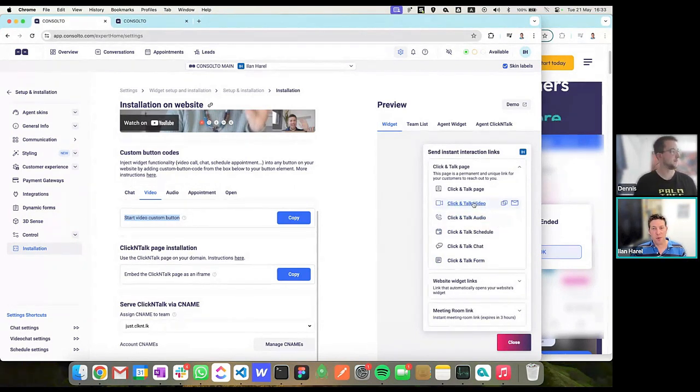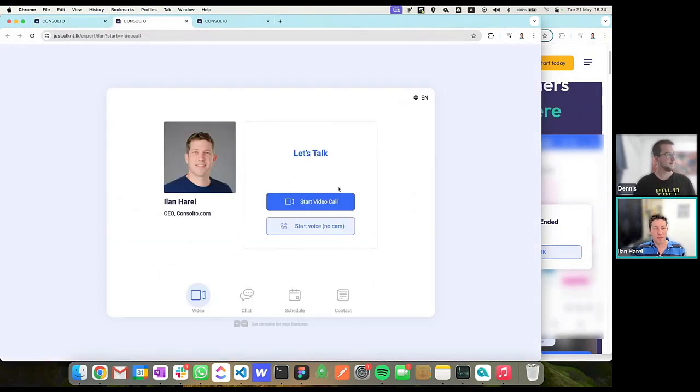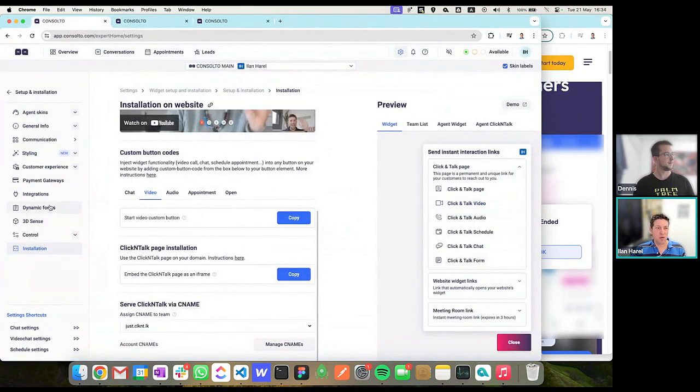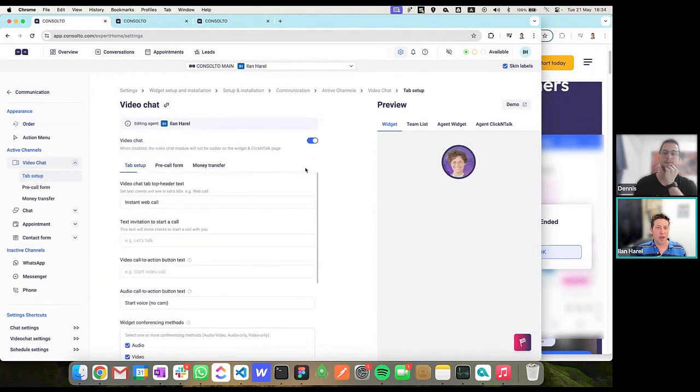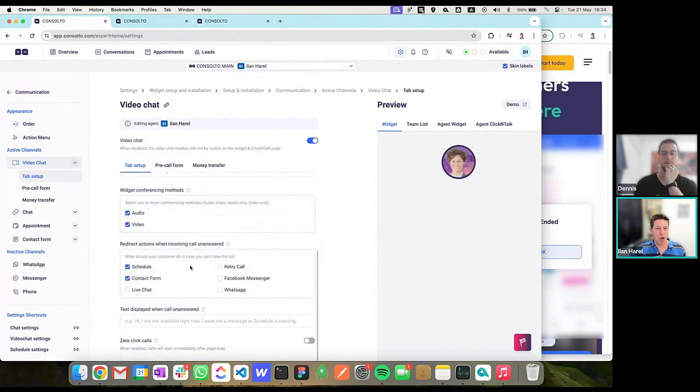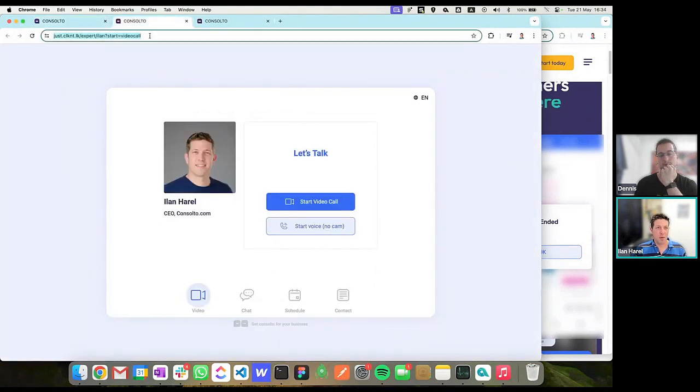So, for example, if I'm going to hit this right now, it's going to start a call immediately. I need to have my 0 click calls set to on in order for this to work. So I'm going to set this to on, and I'm going to do this again. I'm going to reload.